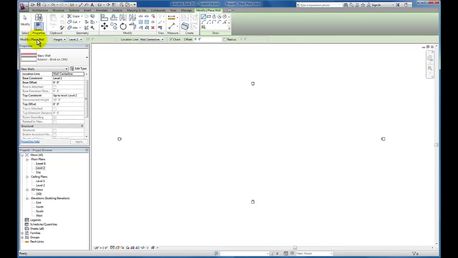I'm going to come to Wall Architectural. I'm going to use this basic exterior wall brick on CMU. I'm actually going to come down here to my draw mode and just sketch out a rectangle. Up to level 2 is fine. And I'm just going to give myself 4 rectangular boxes that we're going to extrude and create 4 different style roofs. So there's 1,